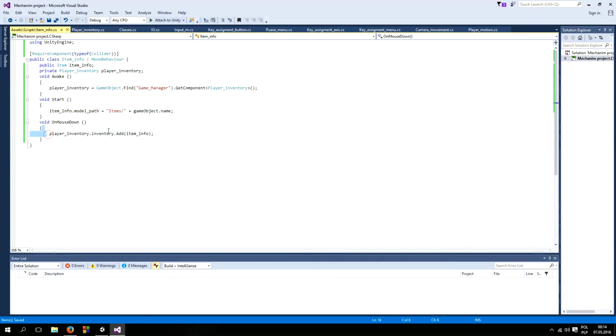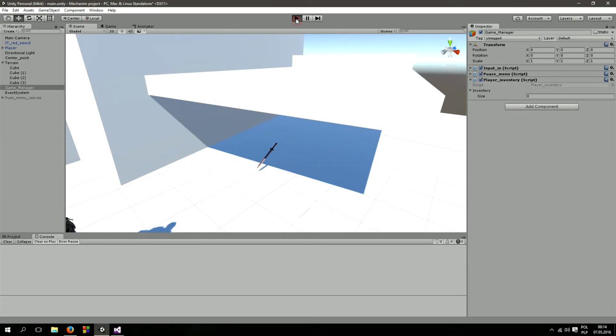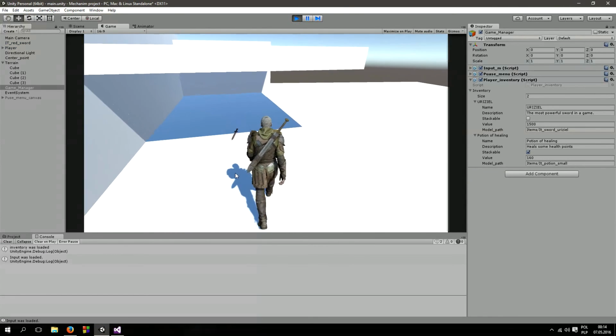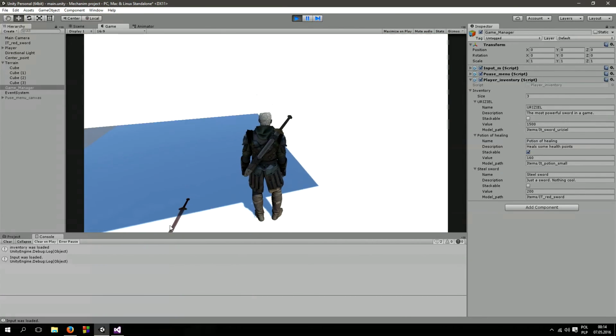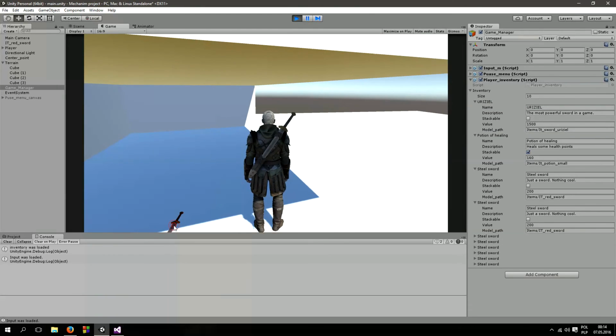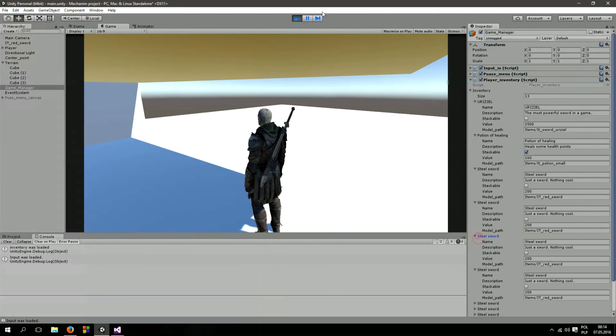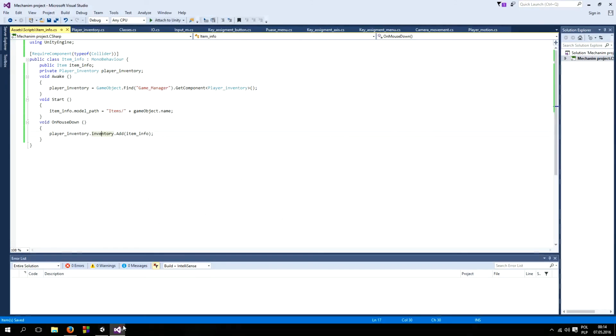So now I can click it and it added a sword. But of course I can do it again and it adds more, and it isn't really what we want. So after that I will just type GameObject.Destroy, and I need to pass an object, which is the game object. It's pretty confusing that this is GameObject.Destroy and gameObject. It's very funny, but